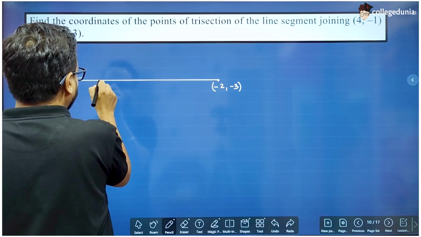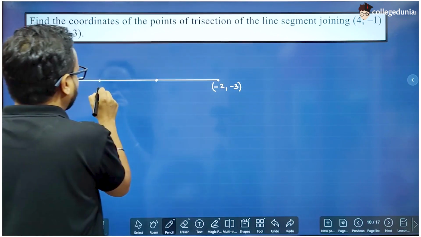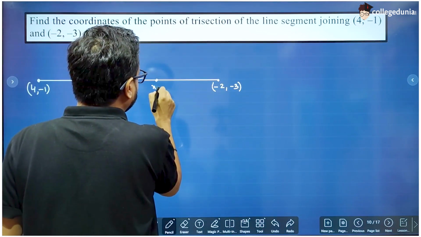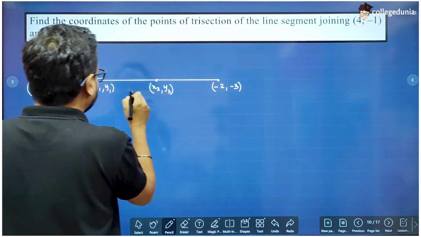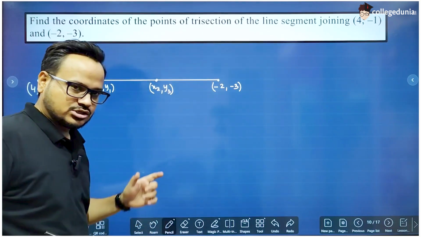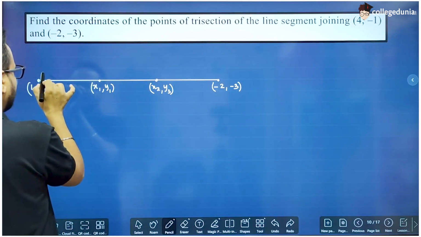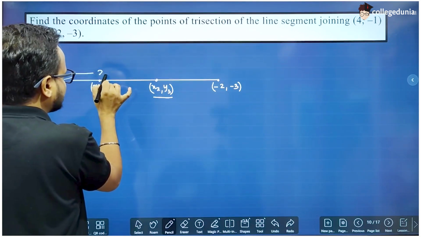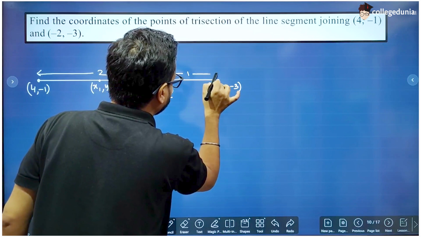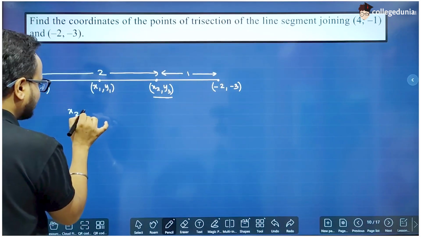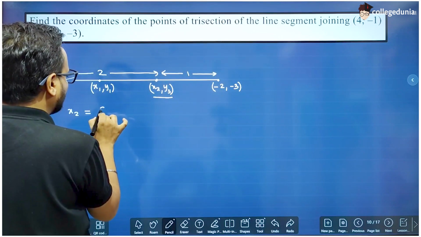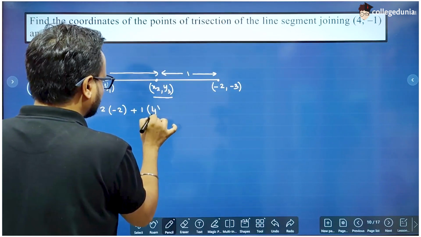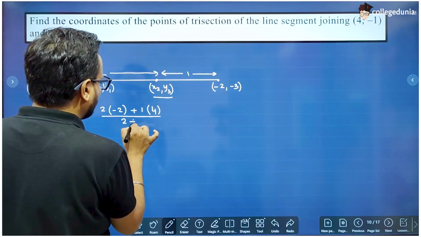Now let us say one point is this and one point is this. Let us say this point is (x1, y1) and this point is (x2, y2). So all these lengths 1, 2, 3 are equal. So these two are the points of trisection. First we will find the coordinates of this point. So we will take this whole ratio as 2:1, right? So x2 will be 2 into minus 2 plus 1 into 4 divided by 2 plus 1,